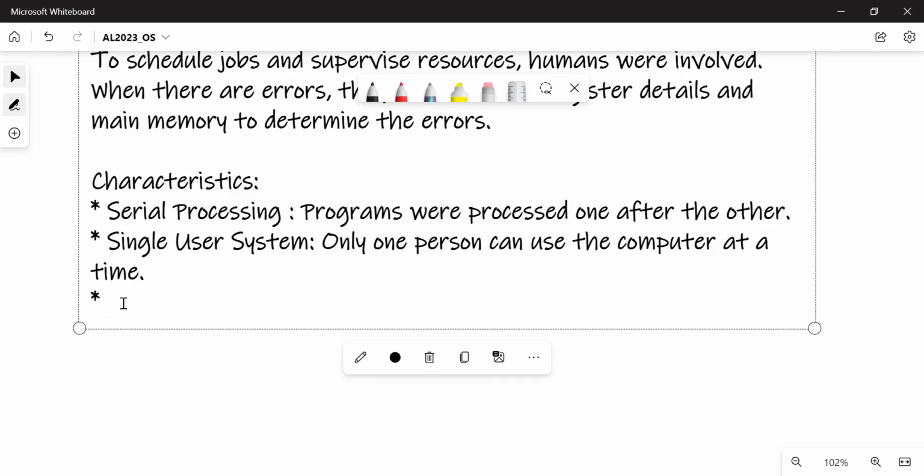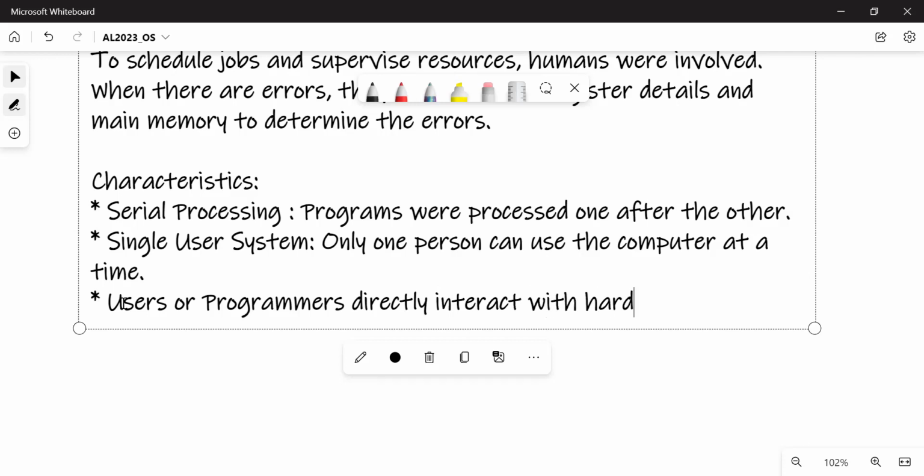The next one is users and or programmers directly interact with hardware. Now, early days, hardware means they are very big computers, right? But people were directly involved.